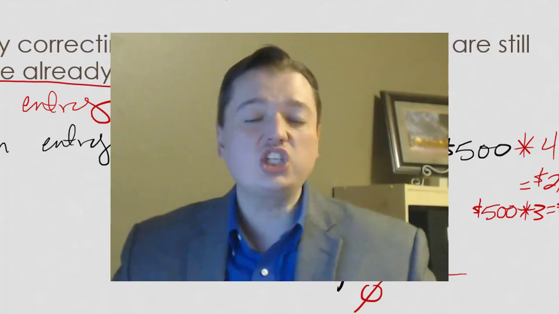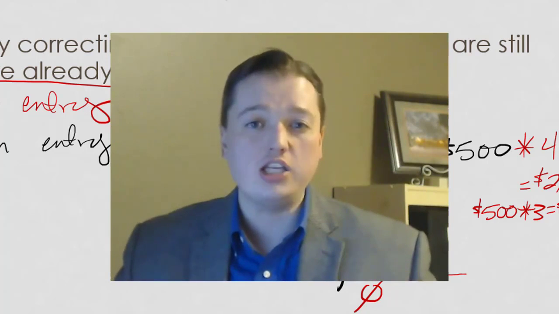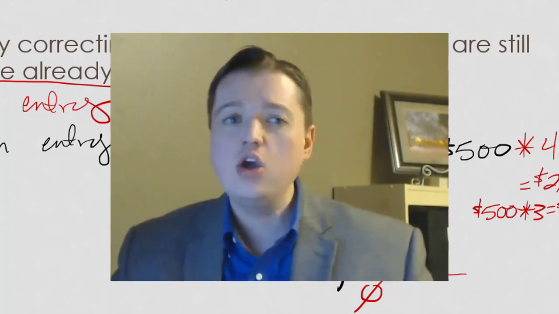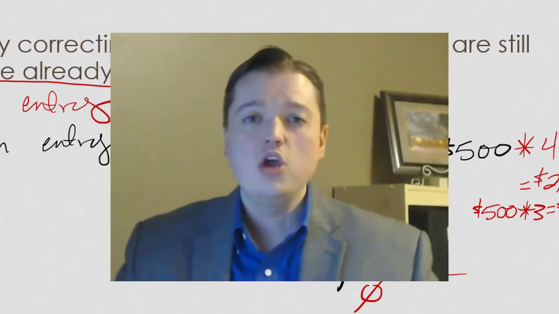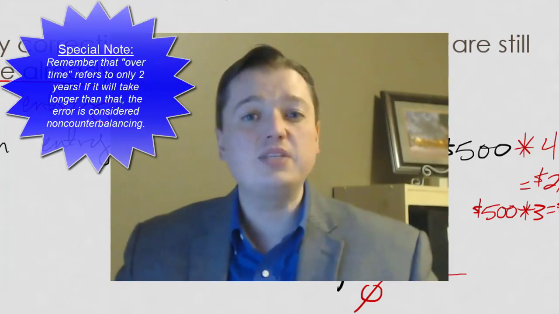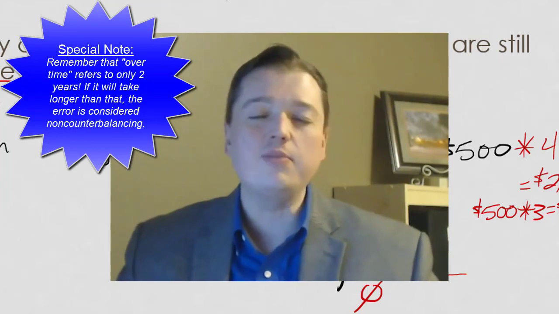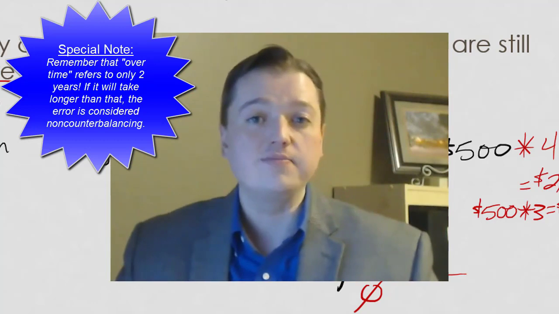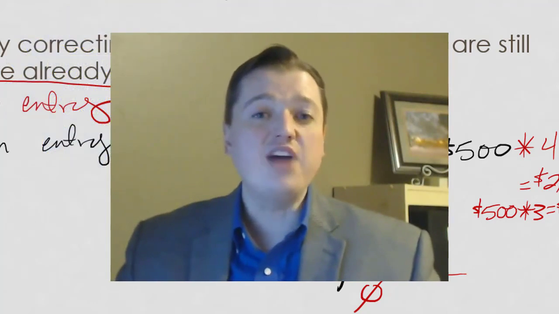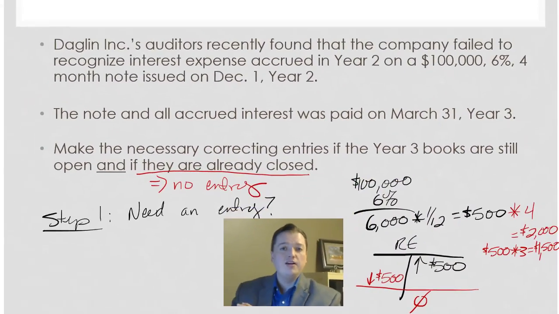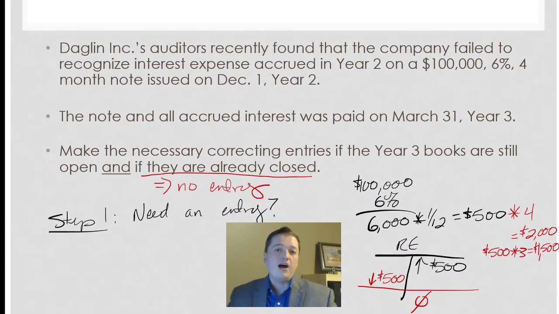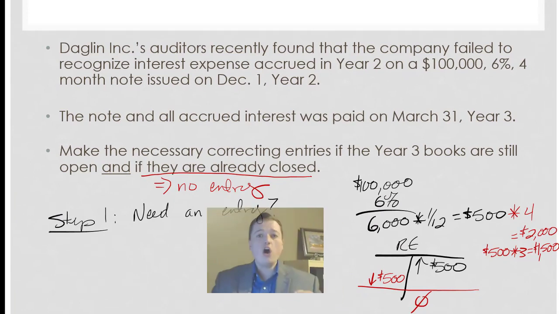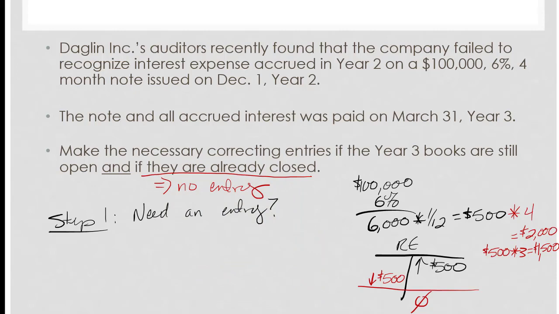And the whole discussion hinged on this one key concept, which was, are they counterbalancing or non-counterbalancing errors? Remember that counterbalancing errors will fix themselves over time. If you leave them alone, eventually the balance sheet accounts will all be right, including retained earnings. And we shared an example of an interest expense, which is the example that you see up here. And we also showed an example of what happens if we get inventory wrong one year, but we get it right the next year, and how it fixes itself. Non-counterbalancing, on the other hand, will never fix itself. And we haven't looked at an example of that yet, but we're getting there.